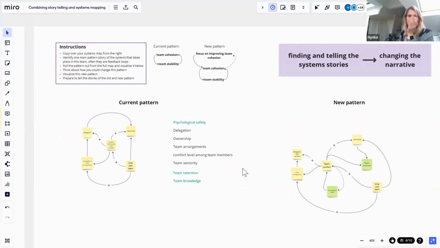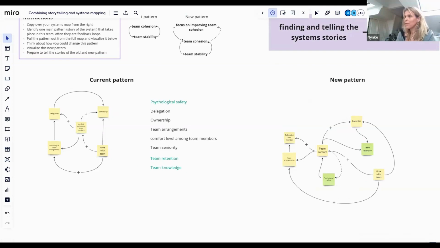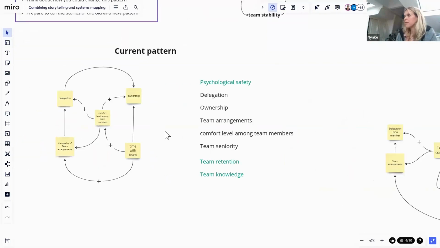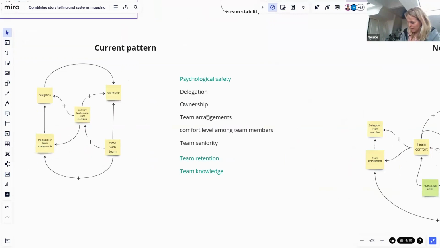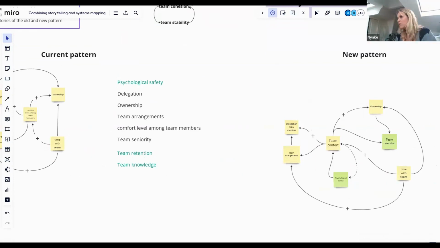I can share something because I think a few of us left as well. We took the current pattern of the relatively new temp team member, and we discussed that we should add psychological safety. We think it should be in the center of our new pattern, because we believe that if we add the safety and interventions on that, then it will have a positive impact for other